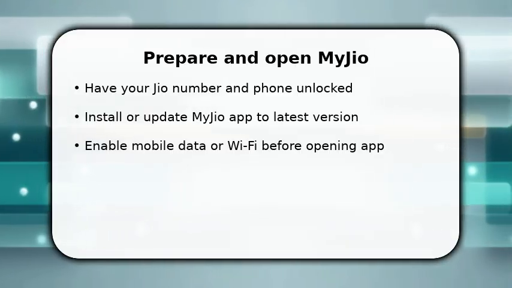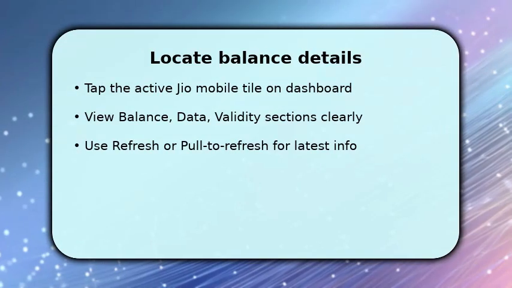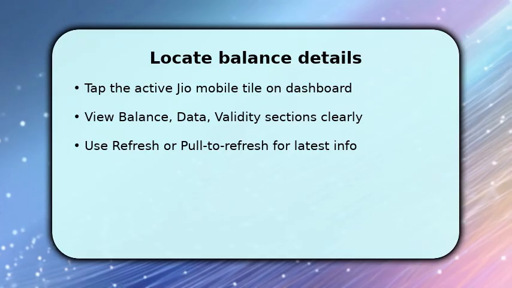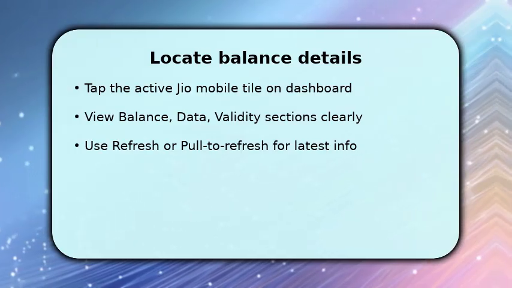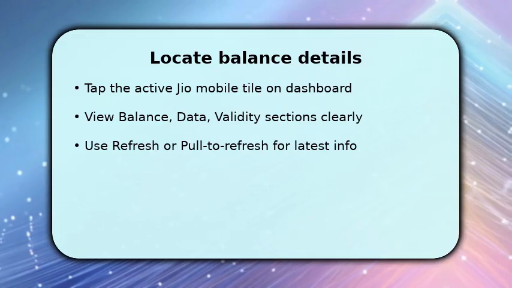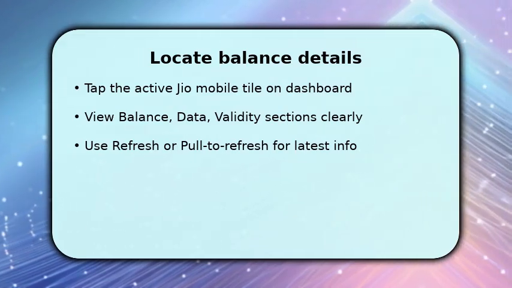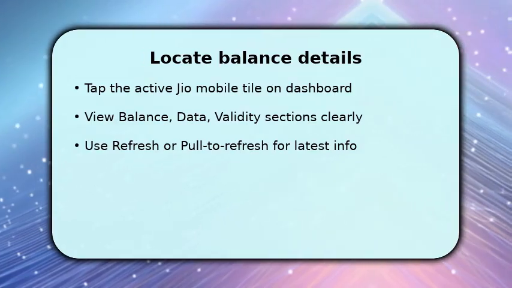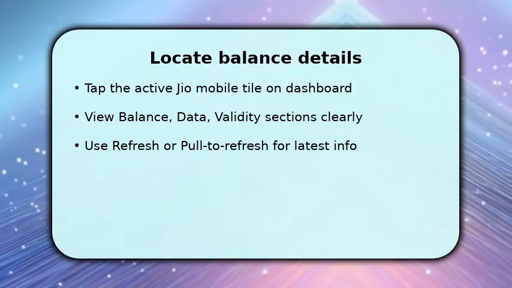You now tap the tile showing your active Geo mobile connection to reveal detailed usage. Once inside, find separate sections for main balance, data balance, and plan validity. This separation explains what you can spend on calls versus data. If numbers look stale, pull down to refresh or use the explicit refresh button so the app queries the network